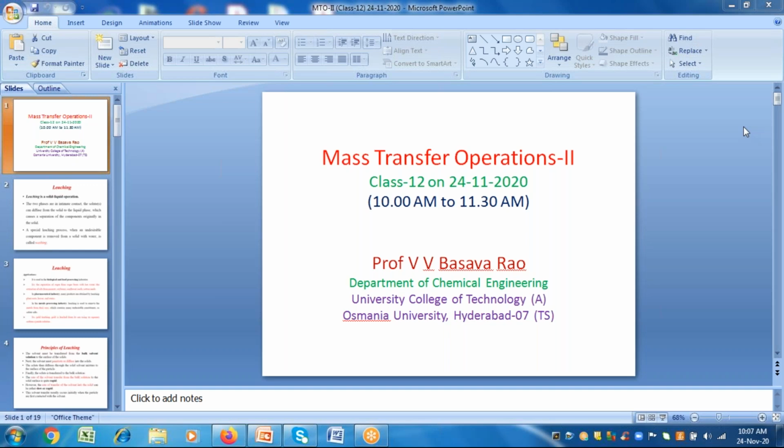Another operation is that you find many natural products, like plant parts such as leaves, stems and roots. These plant parts will have some medicinal valued chemicals, which can also be separated by using an appropriate solvent. So this is another application of the solid liquid operations, and you have plenty of such applications.